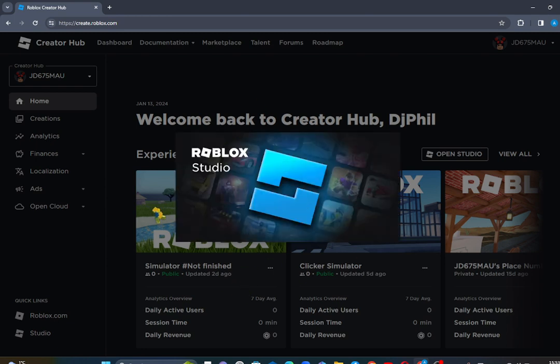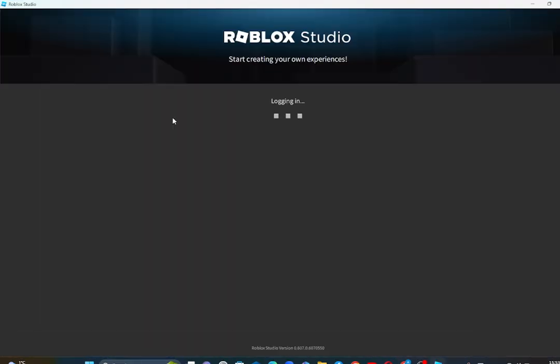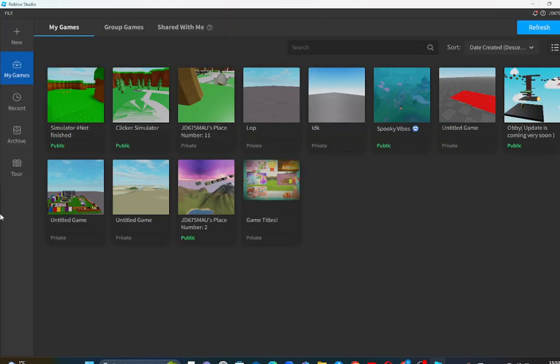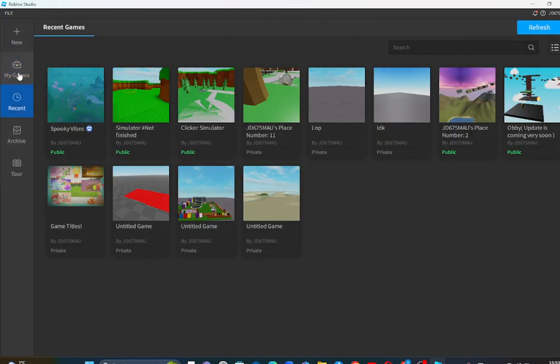Then after you do that, you'll have to log in with your account, all that stuff, and I'm going to be showing you how to ace Roblox Studio in just 2 seconds. These are very basic steps. Let's get into it. So guys, as you can see, I've created lots of games, spooky vibes, all that stuff,